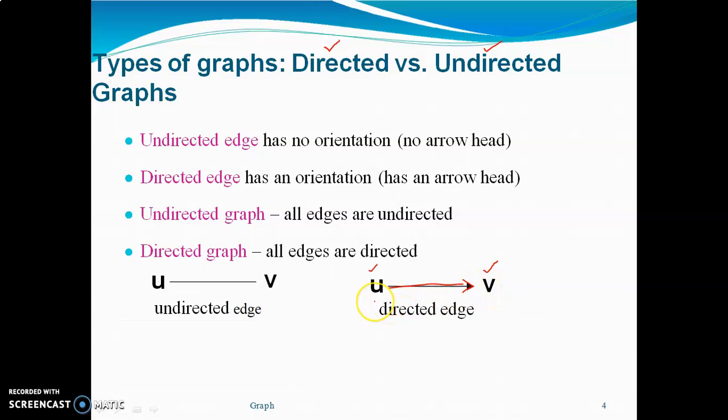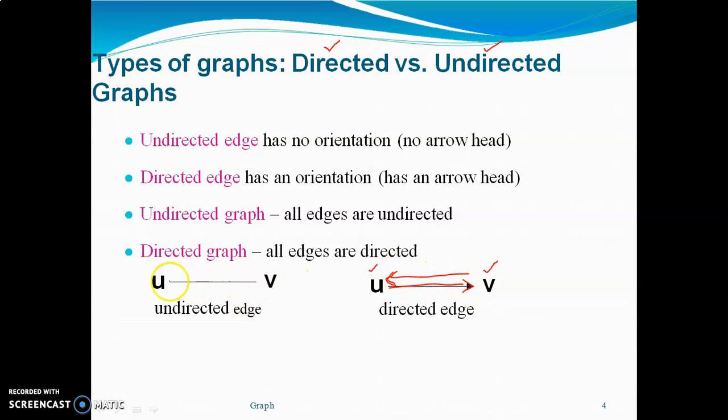Here you have the edge only from u to v. There is no edge from v to u. So this is a directed graph. Say, for example, if I have two edges like this, then there is an edge from u to v and at the same time from v to u also. So the arrow symbol is used to mention the direction.